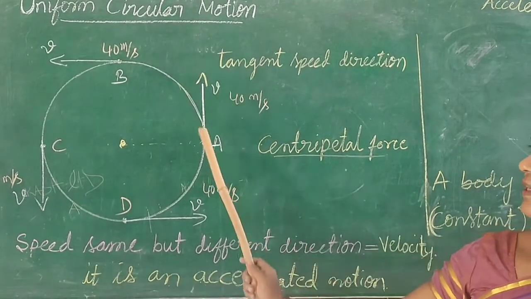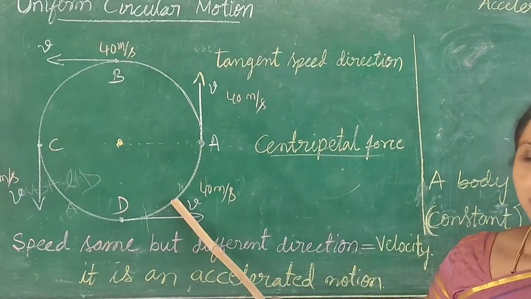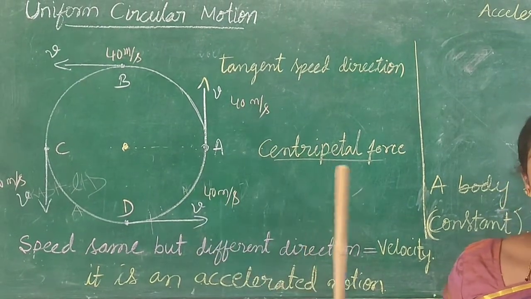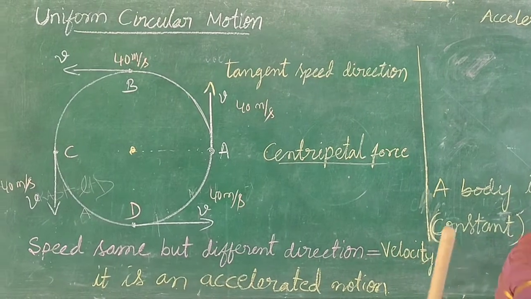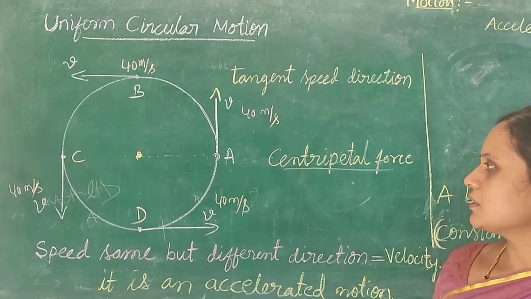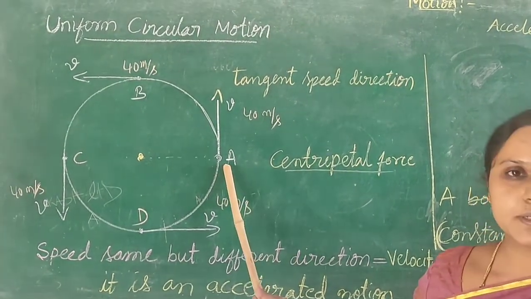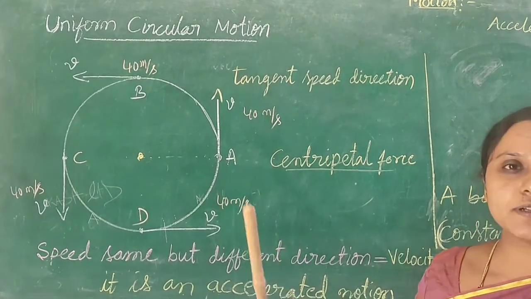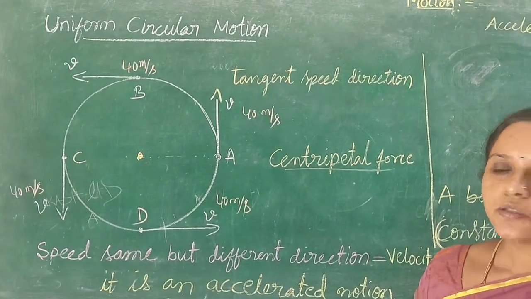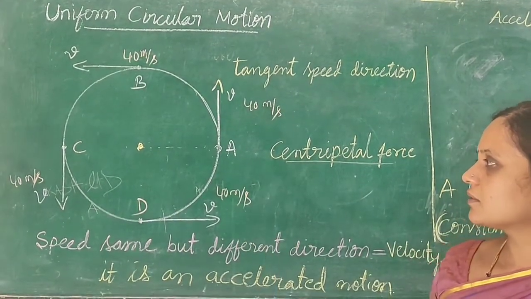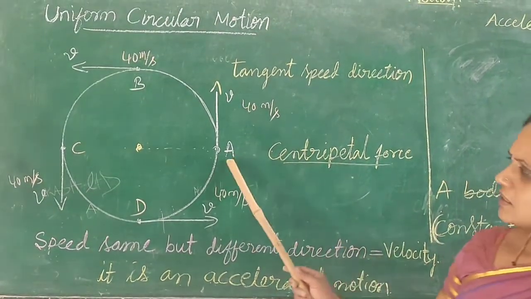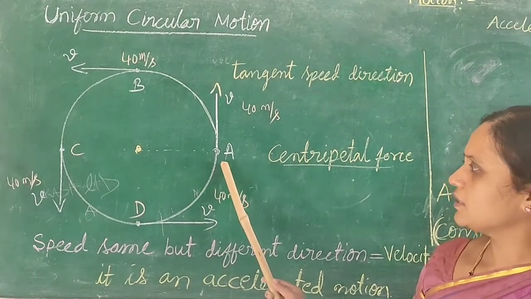In mathematics, we can say it like this. But going to physics, we go through specific points. So we can ask some questions. What is the speed of that object? What is the direction of that object? Like that. So in physics we go through the specific concepts. Now consider this body at point A.